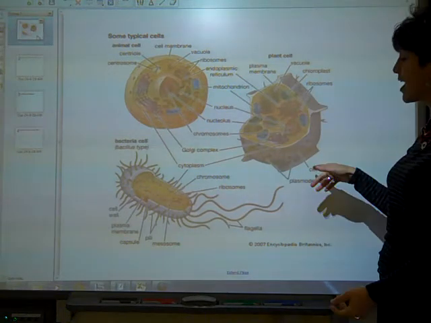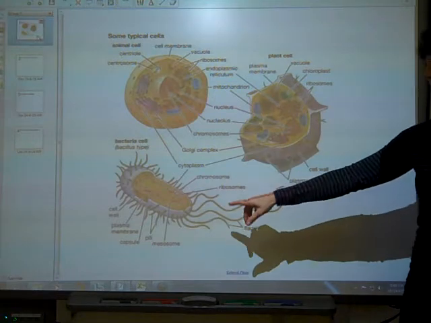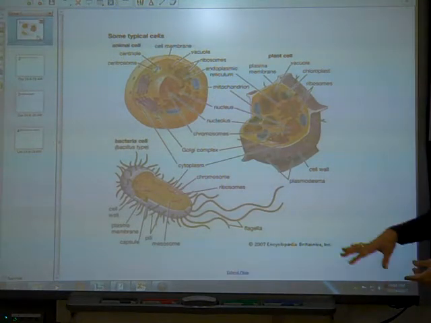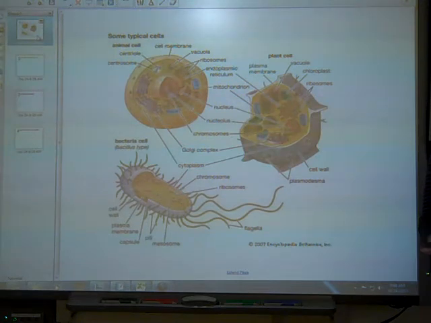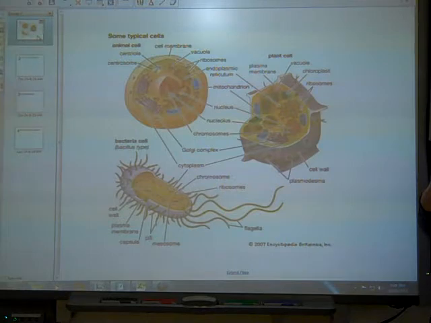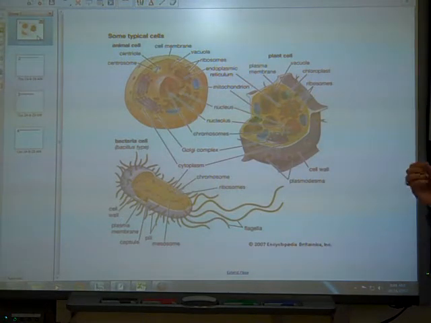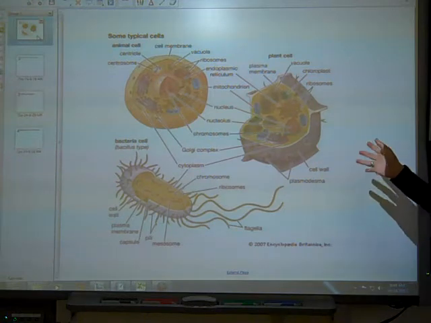Ribosomes, again, is in both. Cell wall. Cell wall is only found in plant and fungus and some bacteria. So a cell wall for a plant is made up of cellulose. It is not alive. It is one more layer that substances have to go through to get in. It's not selective because it is not alive, but the fibers of it help hold up and give shape to